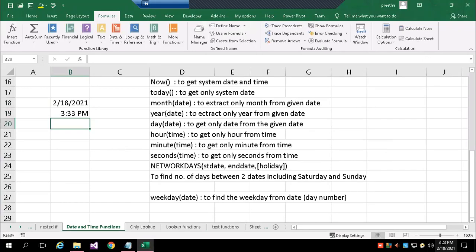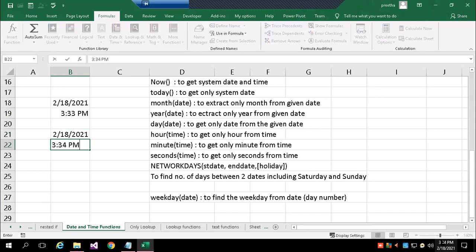So in a cell, if you want to get the timestamp immediately, I want to record the time a transaction occurred. When you are dealing with financial transactions, date and time, everything we will monitor. So control semicolon, control shift colon, you will get the time.